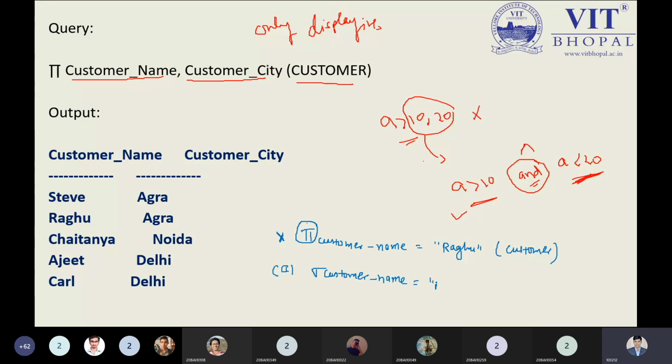It's called Raghu. All the things should be in subscript form, so please keep that in mind. This is another way by which you can do it. So what we are doing is selecting all the records whose name is the customer Raghu, or